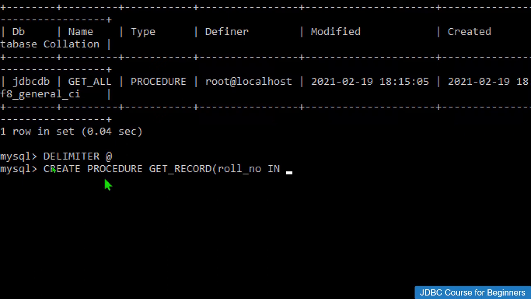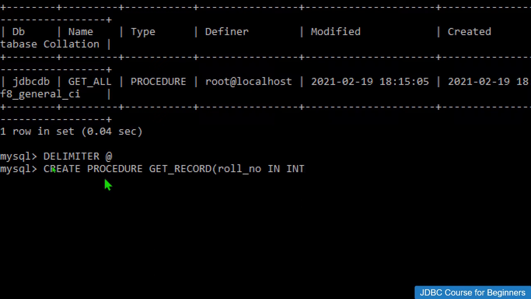Whenever we want some data from the stored procedure, for example, if we have operations like insert, delete, and update, and inside the stored procedure we have one variable, and we want to return that variable value, then we can use out. And if we want to give input and output at the same time, we can use the in out keyword. And this roll number is of type, for example, int.